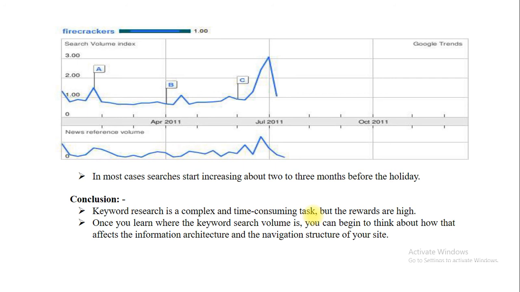So you must learn what kind of keywords you can use inside the website. Similarly, which keywords have the highest volume of data, and which keywords bring higher conversion rates. Definitely this is a complex and time consuming process, but you will get high return on investment.